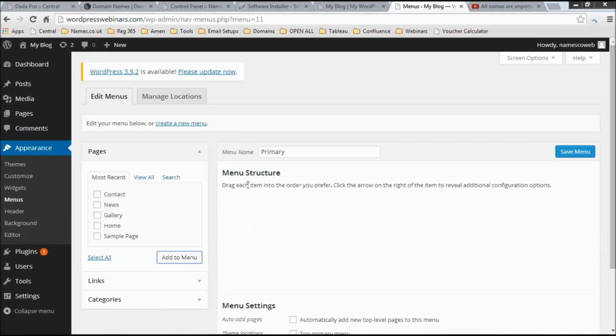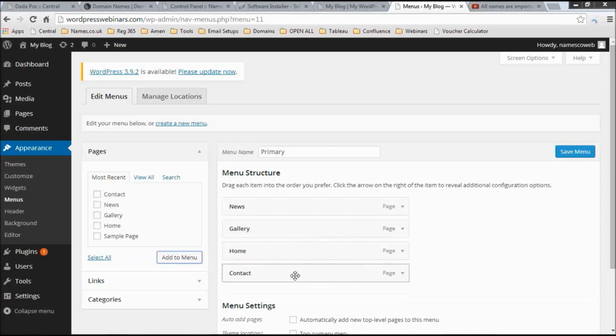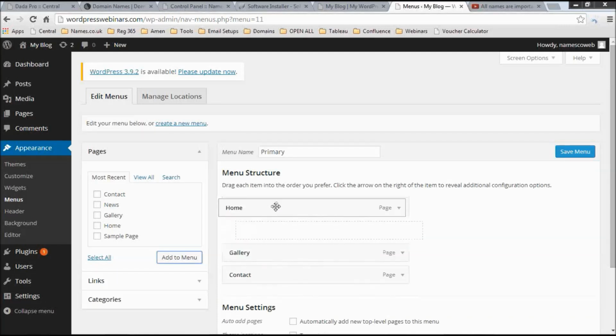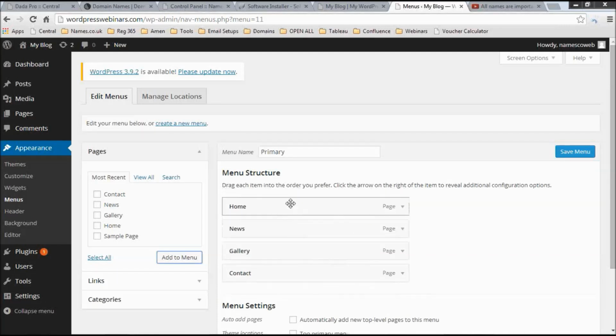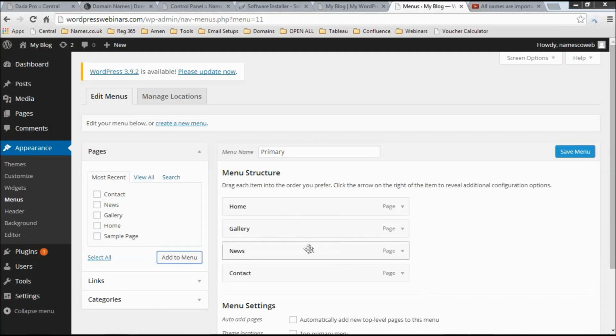So clicking on add to menu moves them across to the menu on the right hand side, and you'll see as you hover over them the cursor changes, and that indicates that you can reorder these just by clicking and then dragging down and positioning them wherever you want to put them. So a general convention with websites is you have kind of the home page as the first link, and the contact page tends to be the last link. News and gallery, personal preference, let's put the gallery first or before news. Since we're happy with the order of our menu items, we'll click on Save Menu